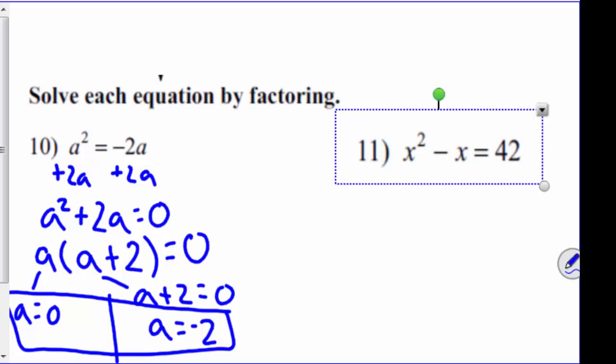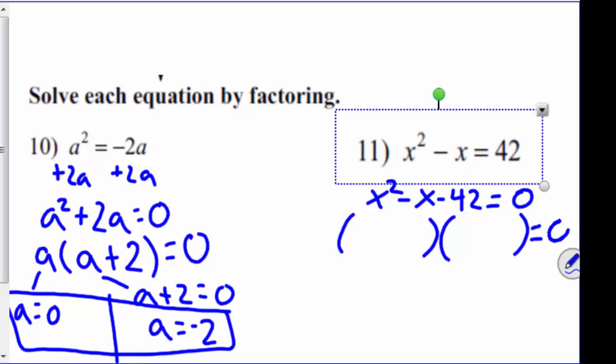So number 11, we got to subtract 42 from both sides. So since the a value is 1 here, we're just looking for two numbers that multiply together gives -42, but add to be -1. And those two numbers are -7 and +6. So we would fill in,